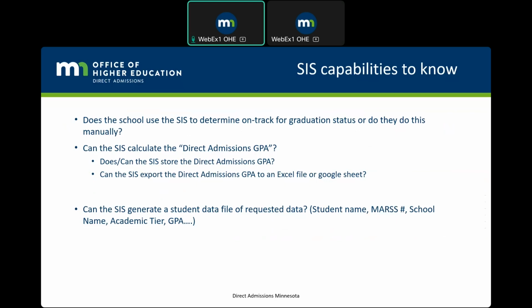And can your SIS system generate a file with the required information on the students? Their student name, MARS number, their academic tier, GPA, birth date, etc. Next slide, please.